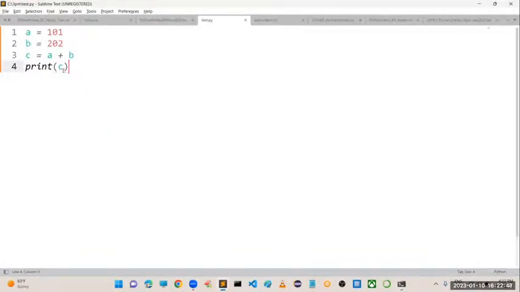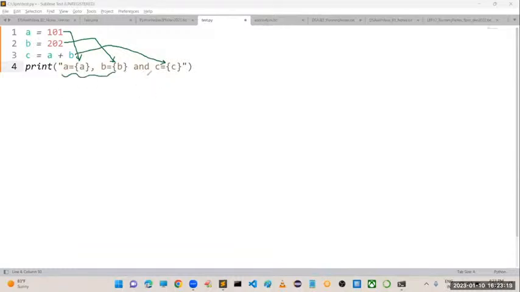But in Python, we have one more enhancement, like you can print in this style also. A is equal to within flower bracket A, and B is equal to within flower bracket B, and C is equal to within flower bracket C. During execution of the program, the value of A will be substituted in this place, the value of B will be substituted here, and this C value is going to be substituted.